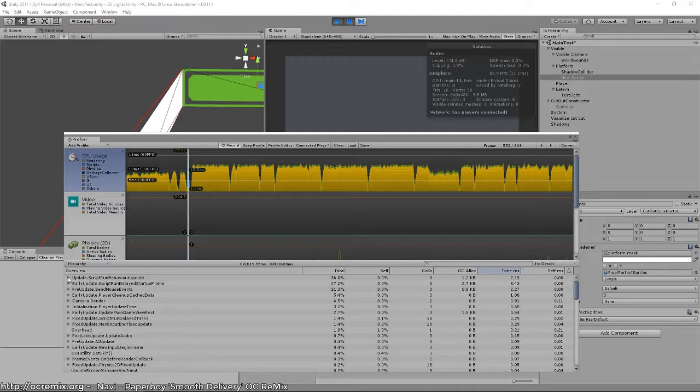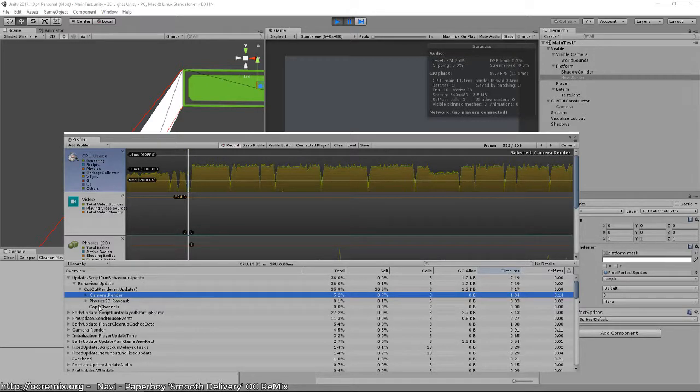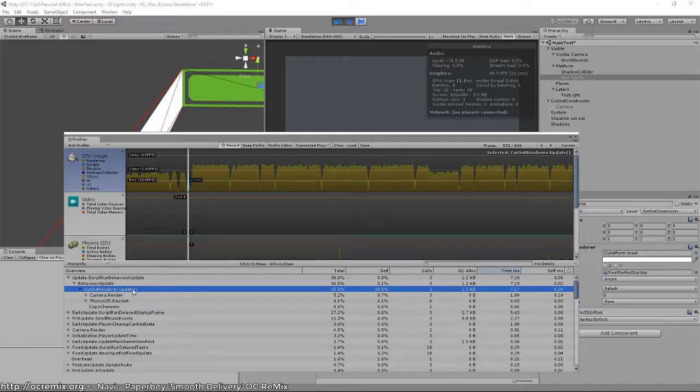Update. Okay, so that was like the first frame, I guess. Oh, for some reason this took a lot longer on the very first frame. Cutout update. That's weird, it says update